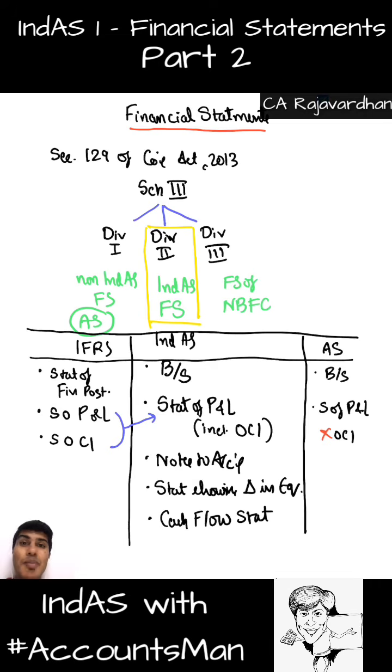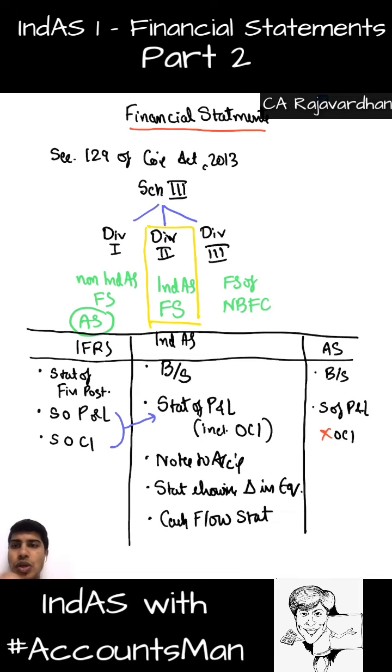Now you might be wondering, sir, what is this word OCI, other comprehensive income, which you are using repetitively? I'll come back to it a little later after we discuss the balance sheet and the basic P&L account. So we'll come in order. Everything is in line. You just have to relax, sit back, and then understand it one after the other.